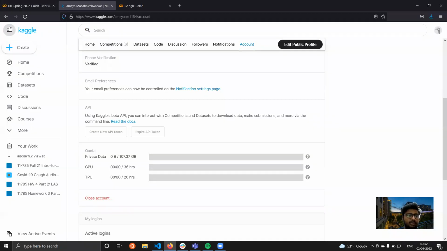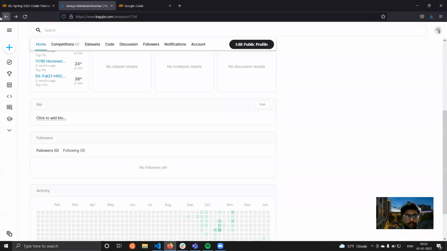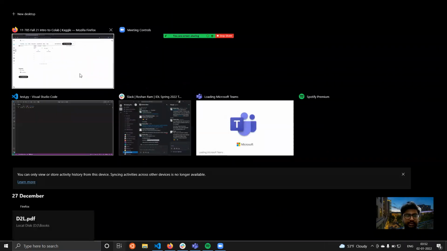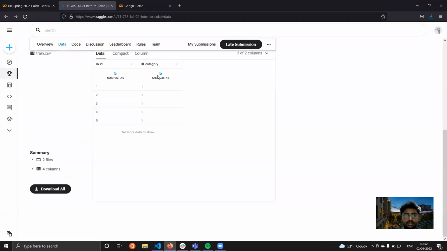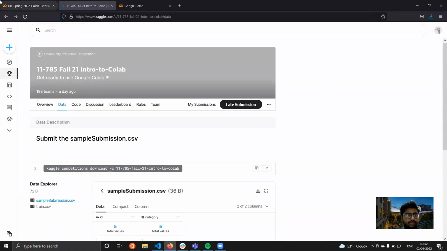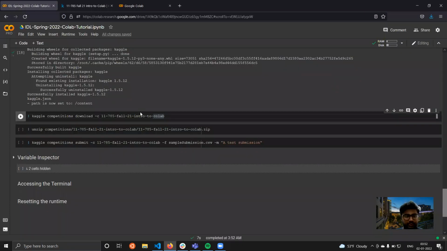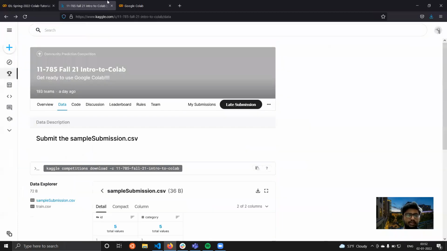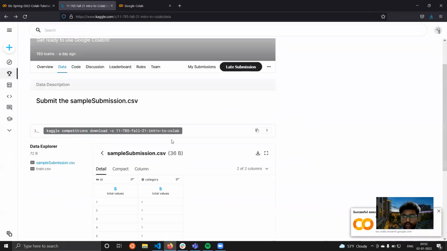We have the sample competition here for this tutorial. We can directly download the data with a command. For each competition, you can directly find this command under the data tab on Kaggle.